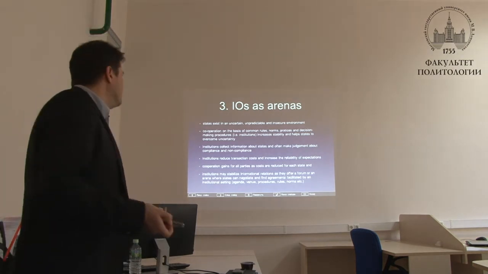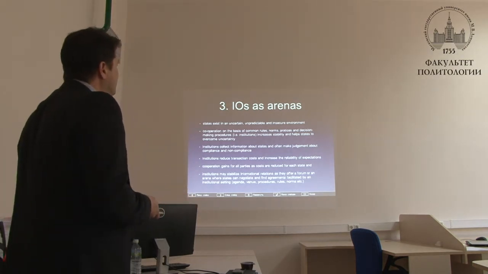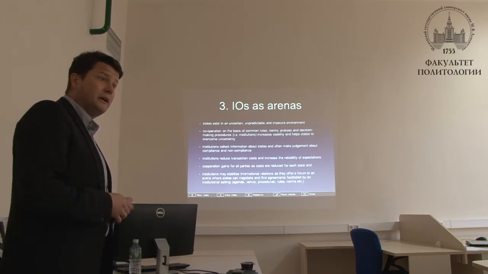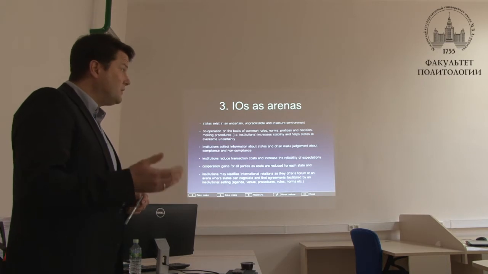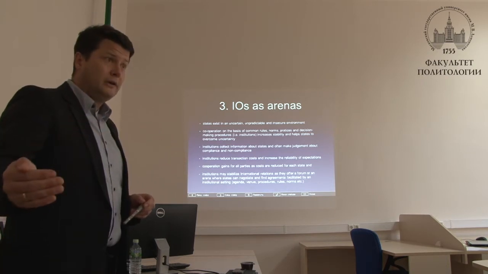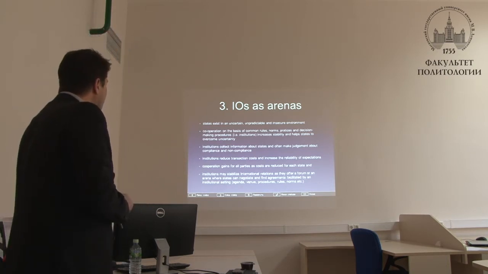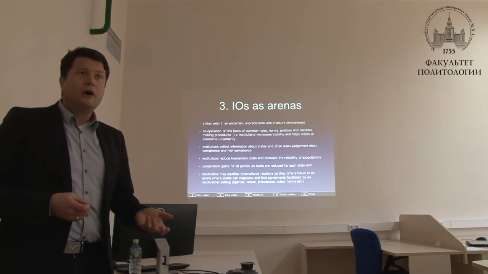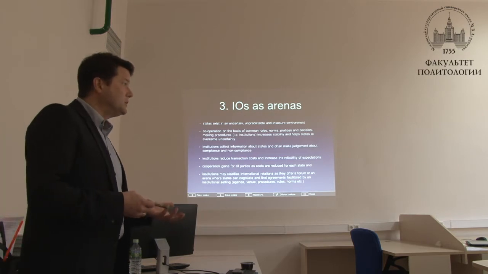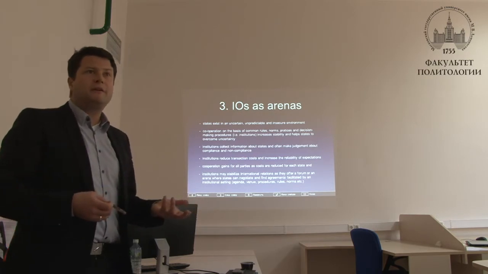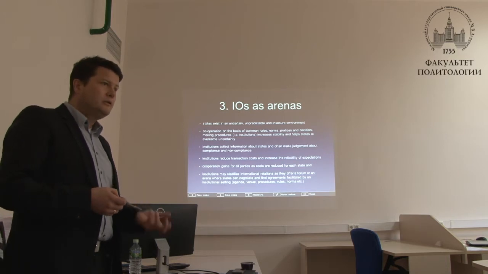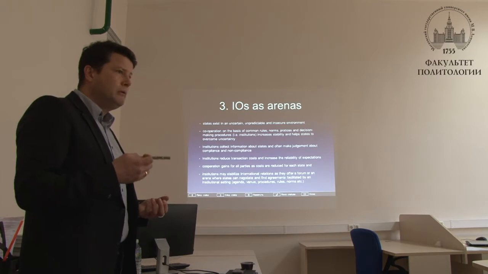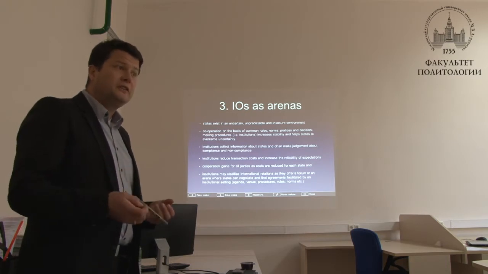Institutions, what do institutions do? Well, institutions collect information about states and often make judgments about compliance and non-compliance. This is very important. They have to observe whether states follow exactly what they have agreed upon. And they have to make this information public. They have to tell all the other members of an international organization what is going on. This is, for example, taking place in the WTO. The WTO observes whether all the other states follow the regulations, follow the norms, follow the procedures